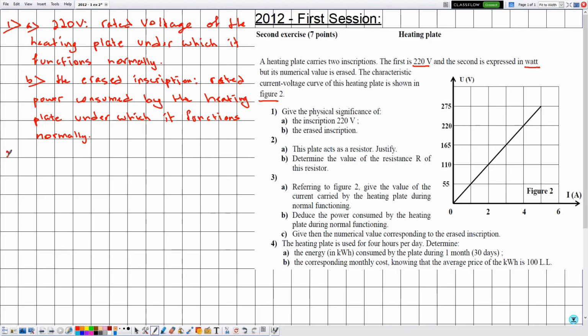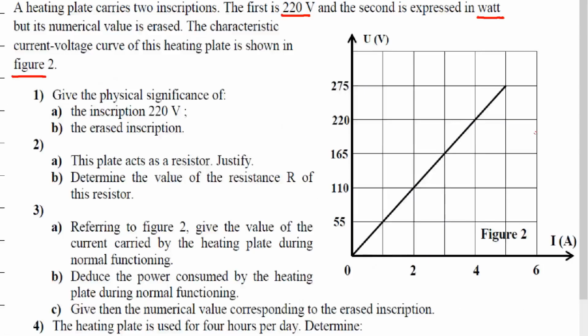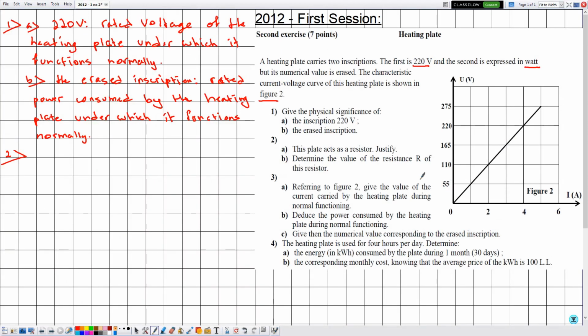Now in number 2, part A, this plate acts as a resistor, justify. In order to justify why this heating plate acts as a resistor, we need to refer to the characteristic current voltage curve of figure 2. Notice that the shape of this curve is a straight line passing through the origin, which means that it is a resistor. Since